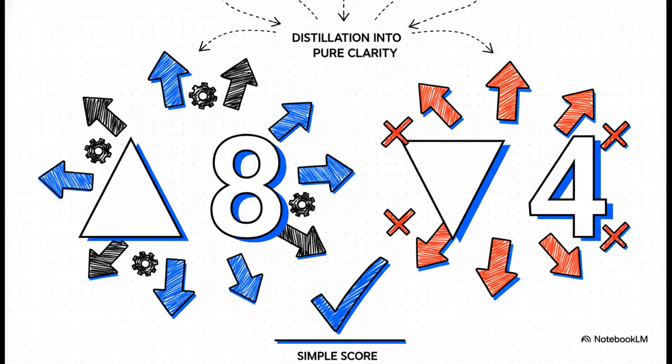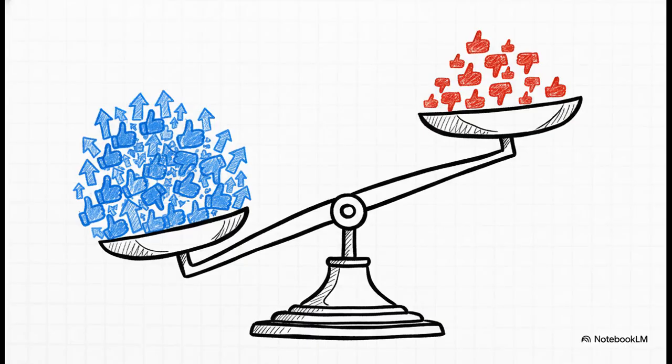And all of it boils down to this. Right at the very bottom, you get a simple score. In this example, you've got 8 filters voting buy and 4 voting sell. All that complexity just gets distilled into pure, simple clarity. So this final score gives you a complete, holistic view of the entire analytical landscape in a single glance. You are no longer a hostage to the opinion of one single fallible indicator. Instead, you're trading based on a consensus of evidence. And in this system, the majority rules.